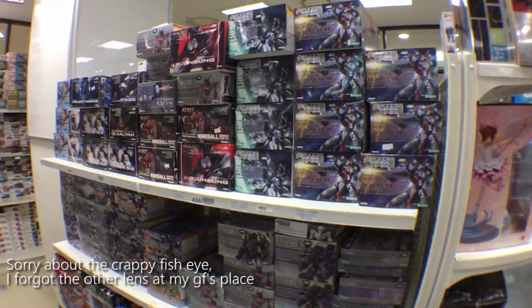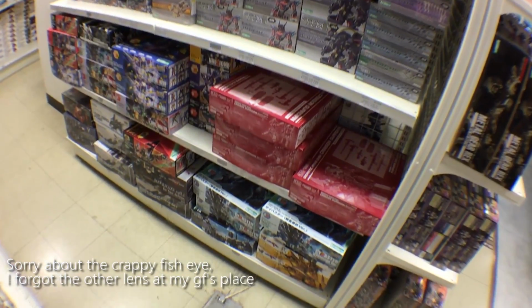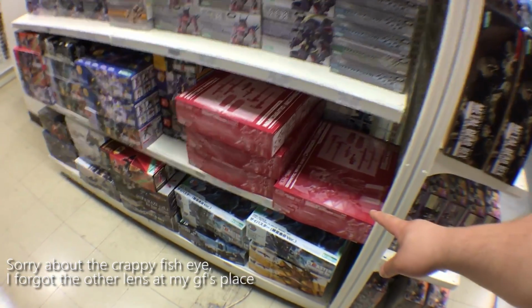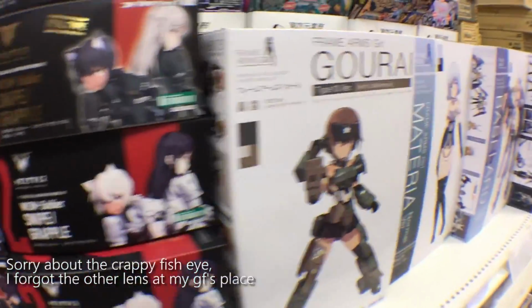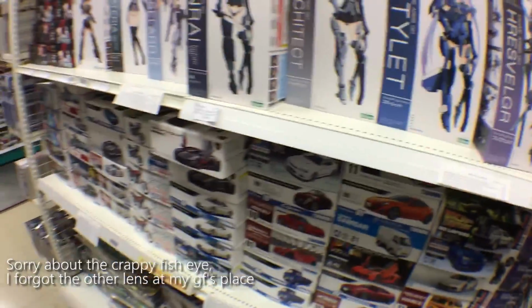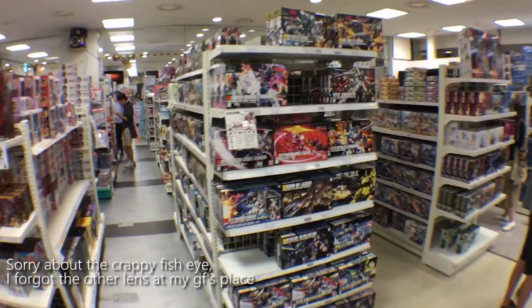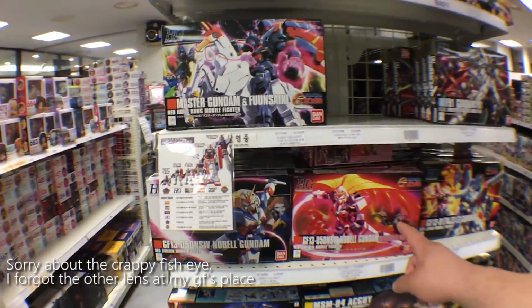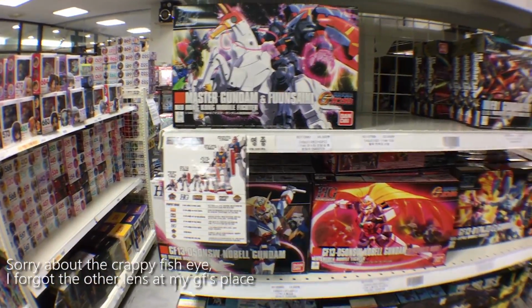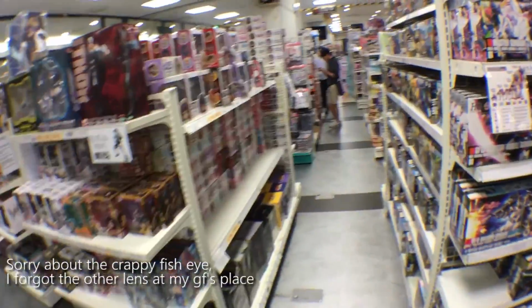They've got a bunch of Armored Core Frame Arms kits here, some limited editions. Rai, Jinrai, Stylet, and the long awaited Noble Gundam that's been reprinted. I had actually been looking for this for a very long time, but